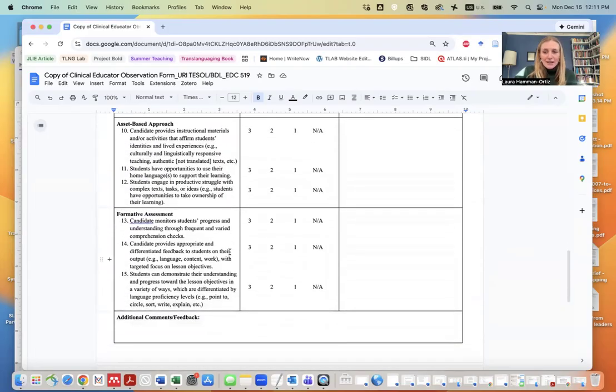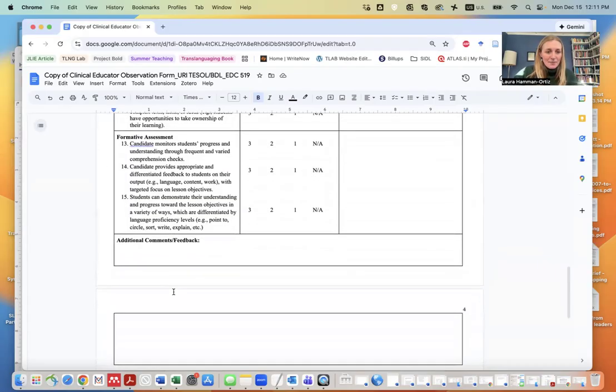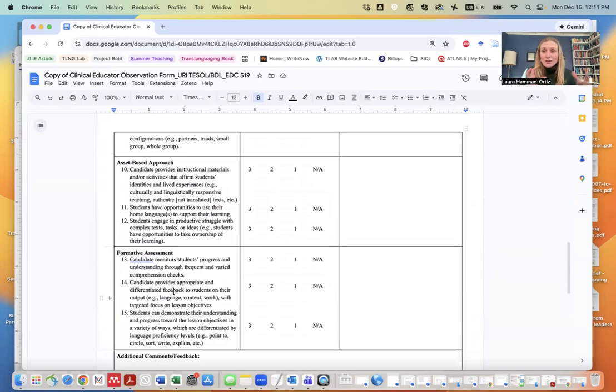And so as you're planning your instruction and working on your lesson plan, thinking about these different components would be helpful to make sure that you are addressing each of these in your lesson. And I especially encourage you to think about number 11, where students have opportunities to use their home language to support their learning, even if it's as simple as having an intentional turn and talk opportunity where students are grouped or paired with someone who shares their home language so they can have that opportunity to make meaning, or any kind of home language supports that would be useful to support their learning or support their ability to engage with